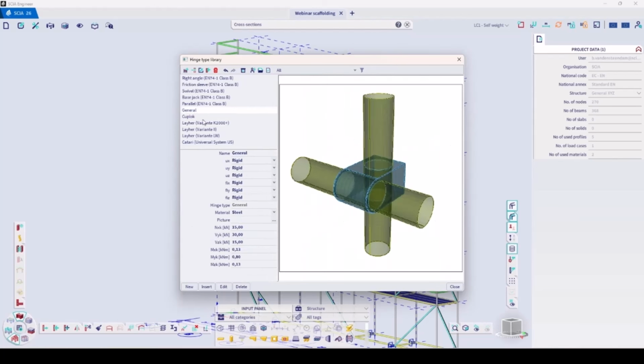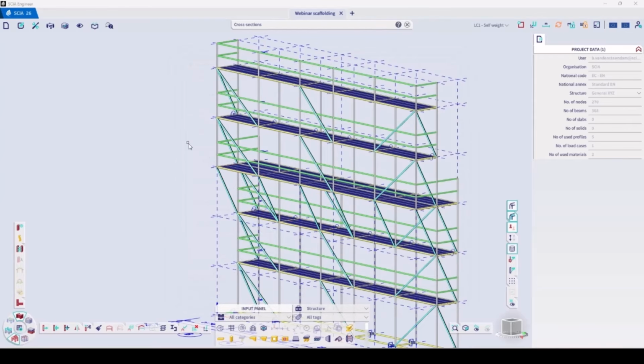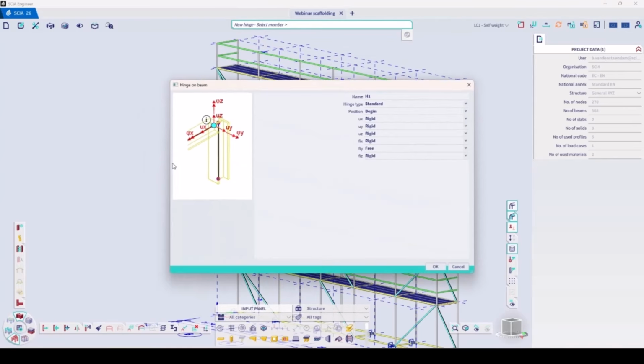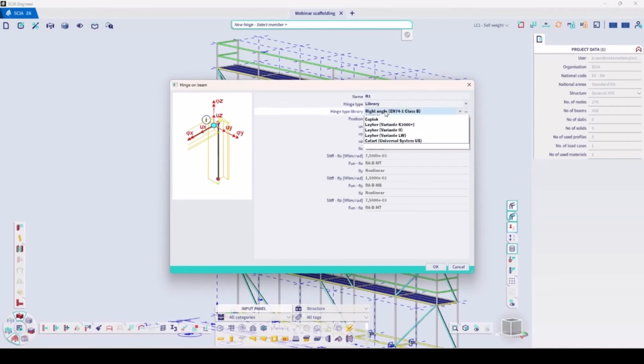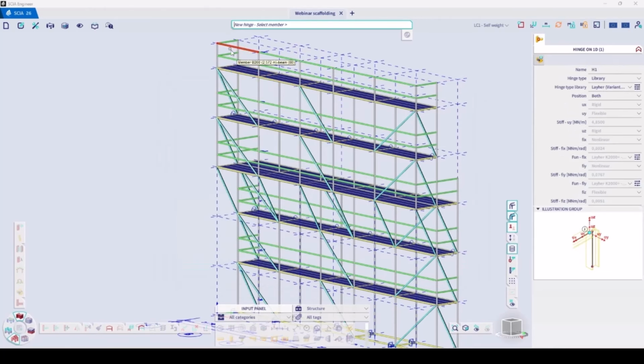And then here you will find that general type where you need to define everything yourself, all degrees of freedom and all the resistance values. Well, we can work with the variant type, and then we can add a hinge on 1D and define from the library the variant on both sides. And you add it, for example, to